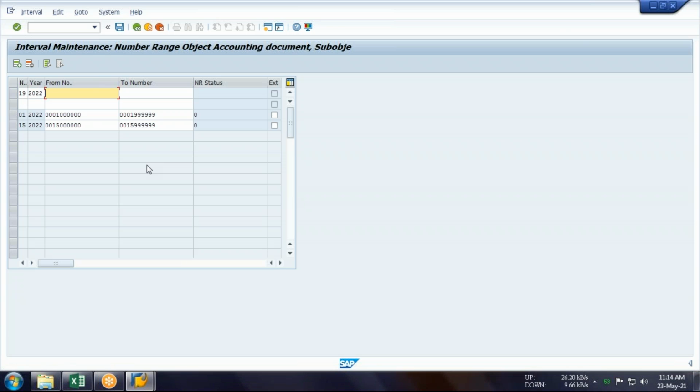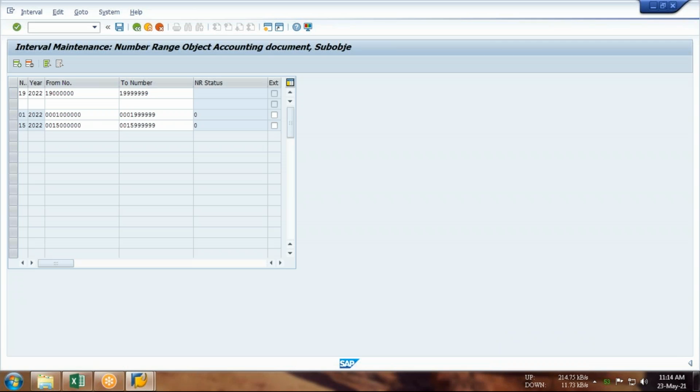We should maintain 22 because in SAP we have to maintain the last year of the financial year. 15 is done, 1 is done, now 19, with the same pattern: 1, 2, 3, 4, 5, 6, and six 9s.